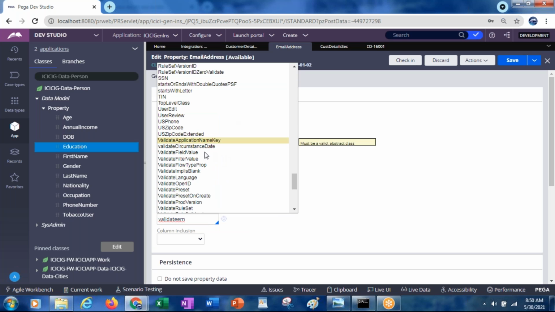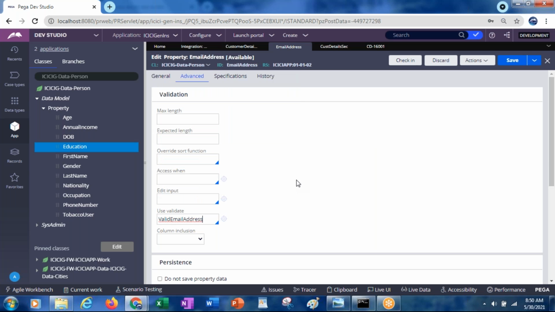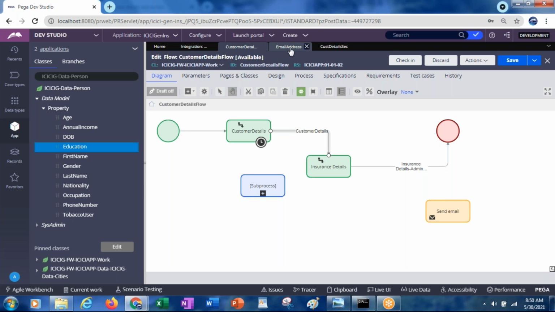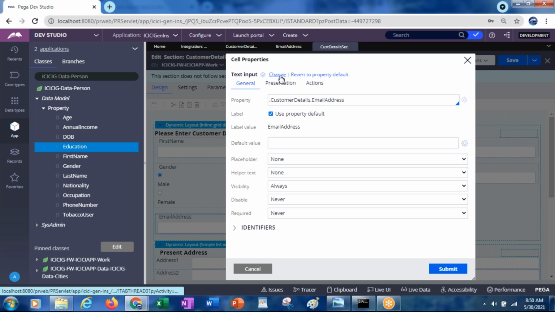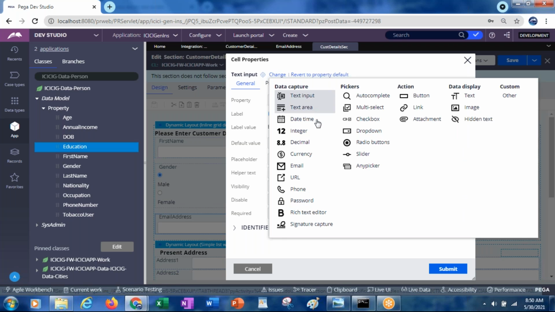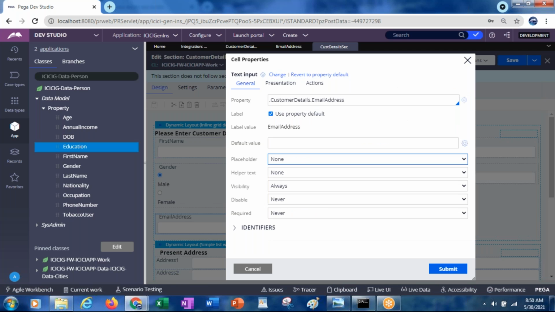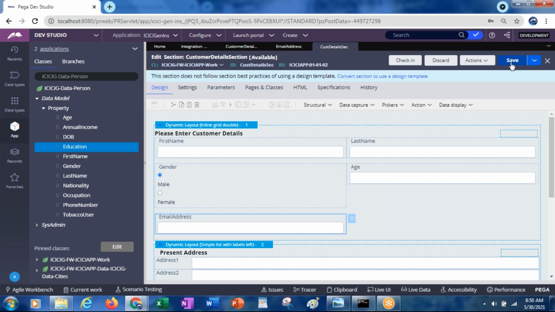Not showing validate email, valid email address. Yes. Okay. In the control also I'm applying email, so that while typing it will be helpful.